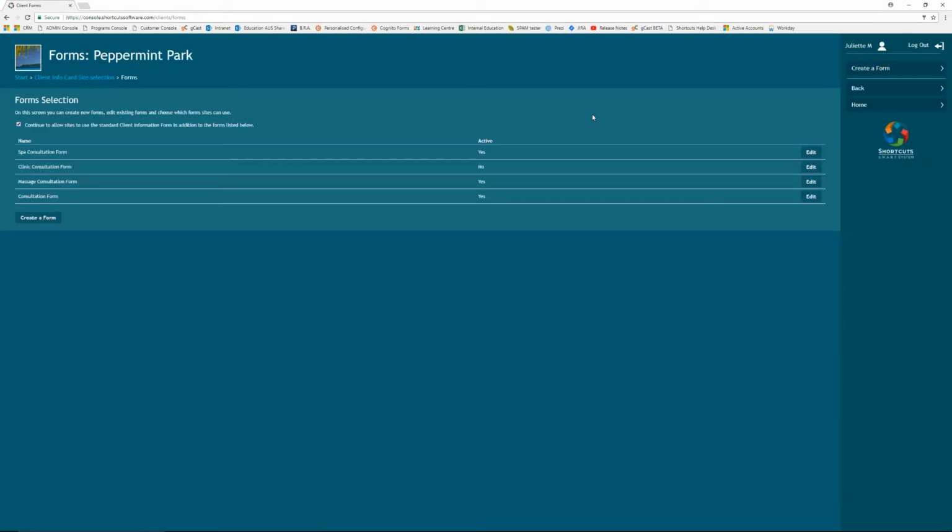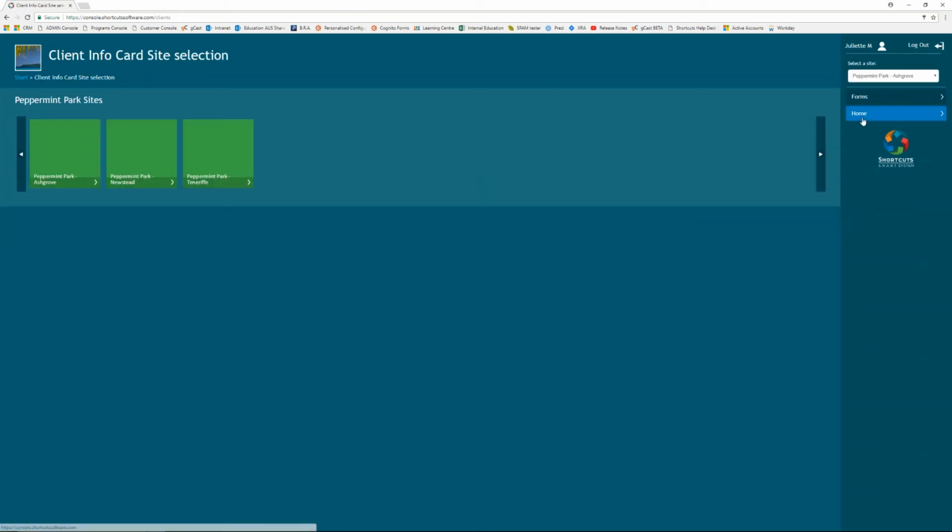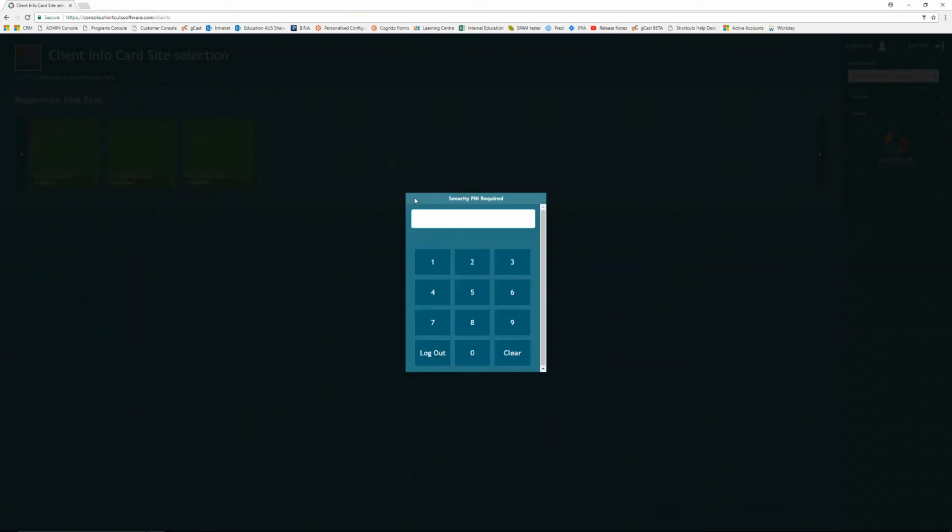All right, so that form is now active and it would now be available to select when you're on the client form screen. I'm just going to show you quickly where that form is now appearing. So if I open up my Ashgrove location, enter my shortcut security PIN,